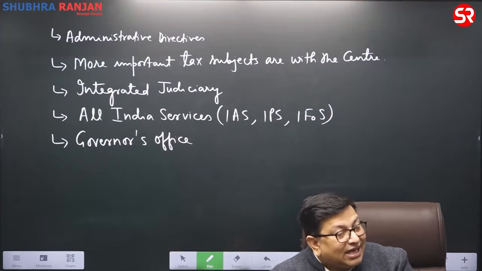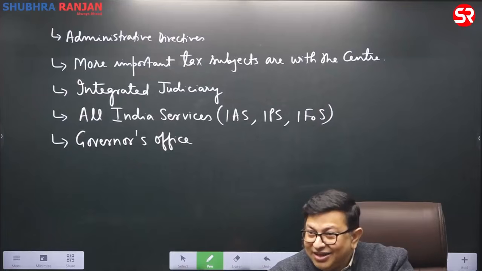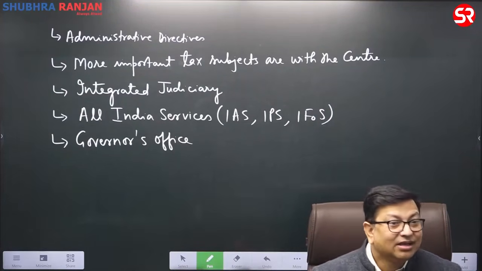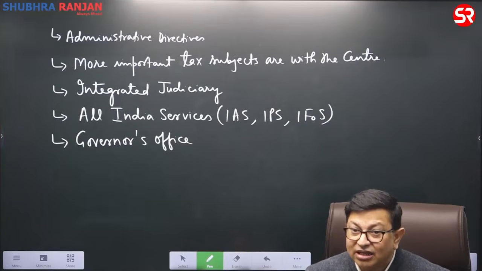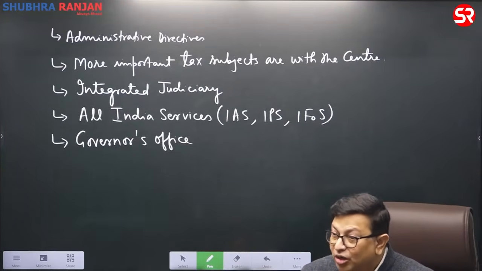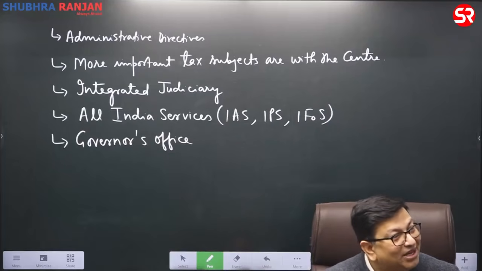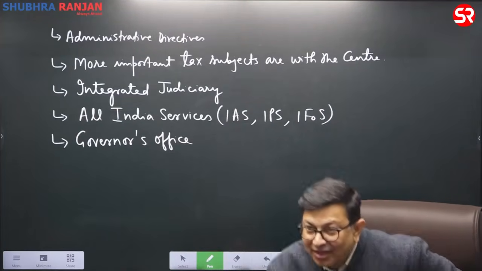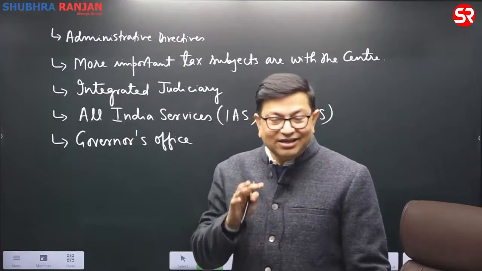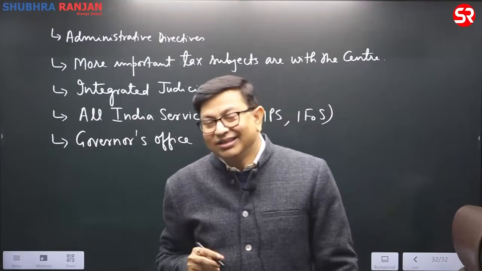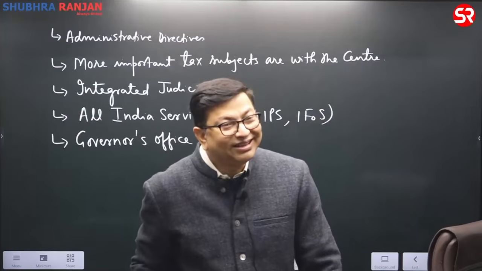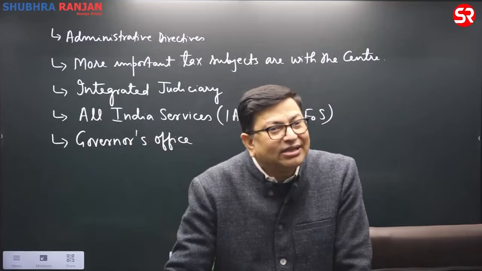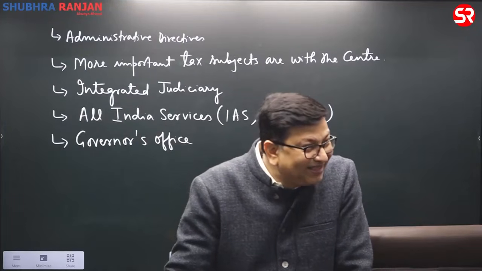Then the second view was that the governor be elected by the MLAs of that state. Some of the members said, why not let the MLAs elect the governor? Here Dr. Ambedkar clarified in the Constituent Assembly why the MLAs should not elect the governor, and there he talked about the actual role of the governor in a federal system. He has to act as the representative of the central government.